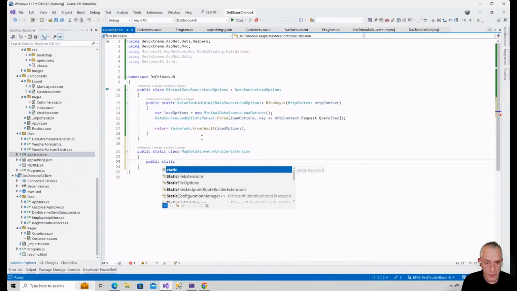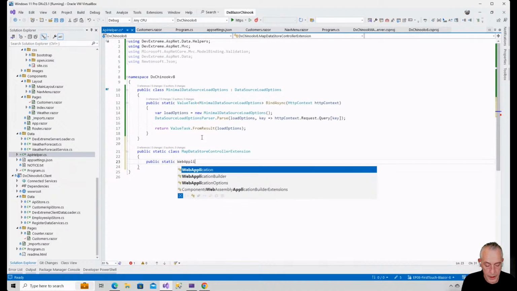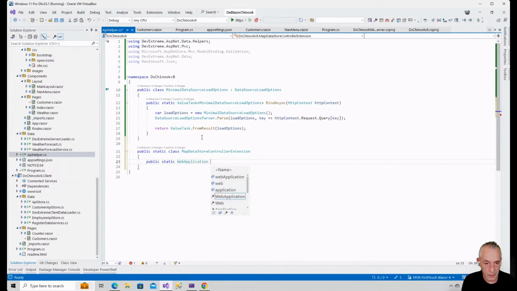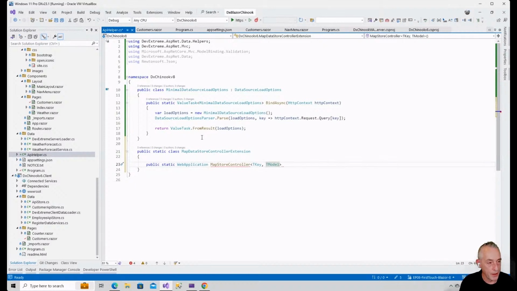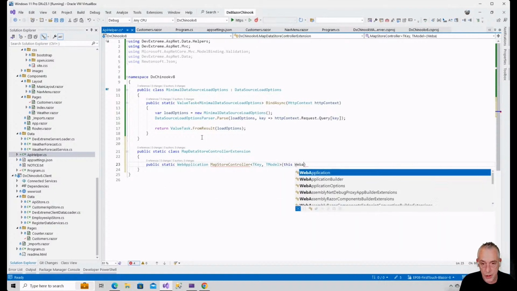Static web application map store controller. And this is, again, something I like doing with C# and all that stuff. I'm going to create a static generic method which will get a web application instance,